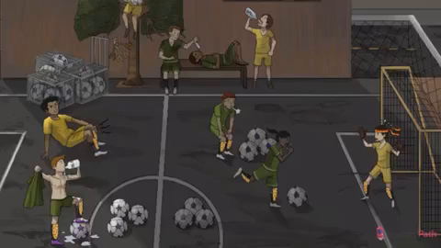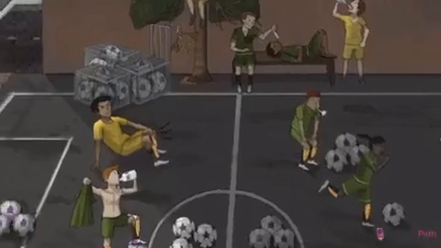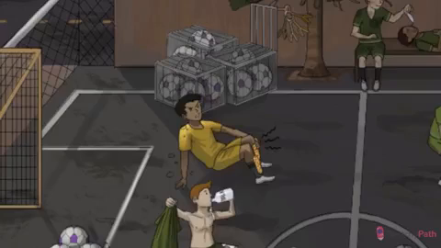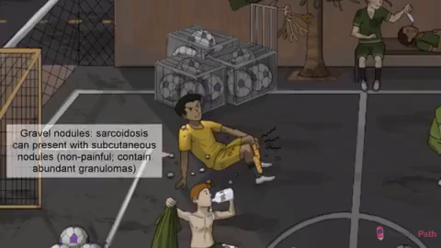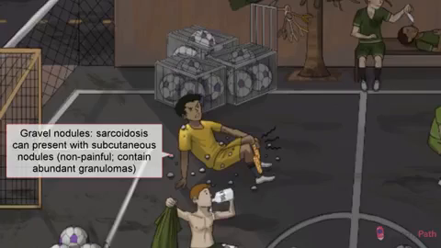The lesions of erythema nodosum can be painful. That's inflammation of subcutaneous fat happening under there. Interestingly enough, they usually do not contain granulomas. Notice, too, that he has some bits of gravel embedded in his road rash. Sarcoidosis can also present with subcutaneous nodules, but these ones are painless. He's focused solely on that shin guard pain. By the way, if you were to take a biopsy of one of these nodules, you'd actually see an abundance of those granulomas in there.